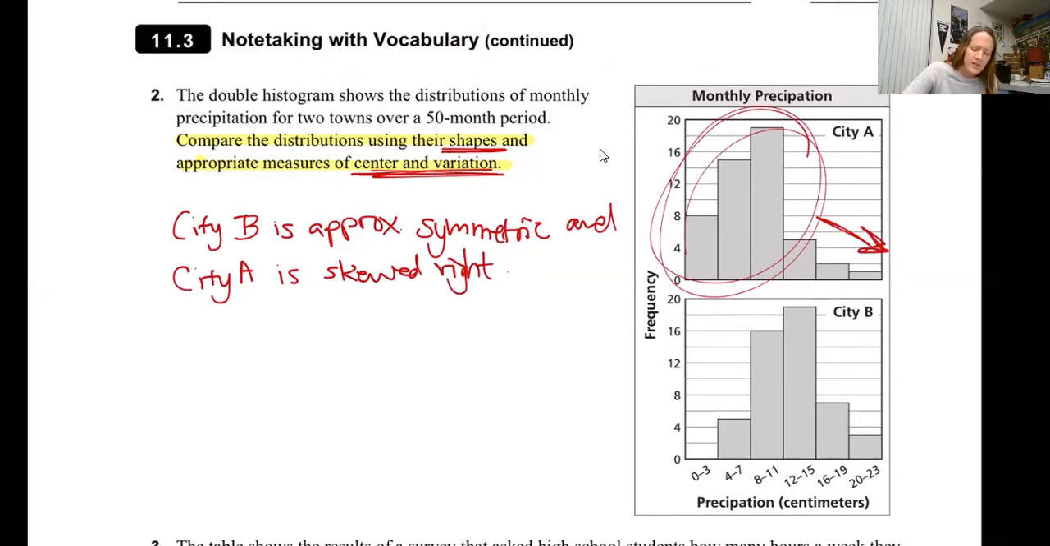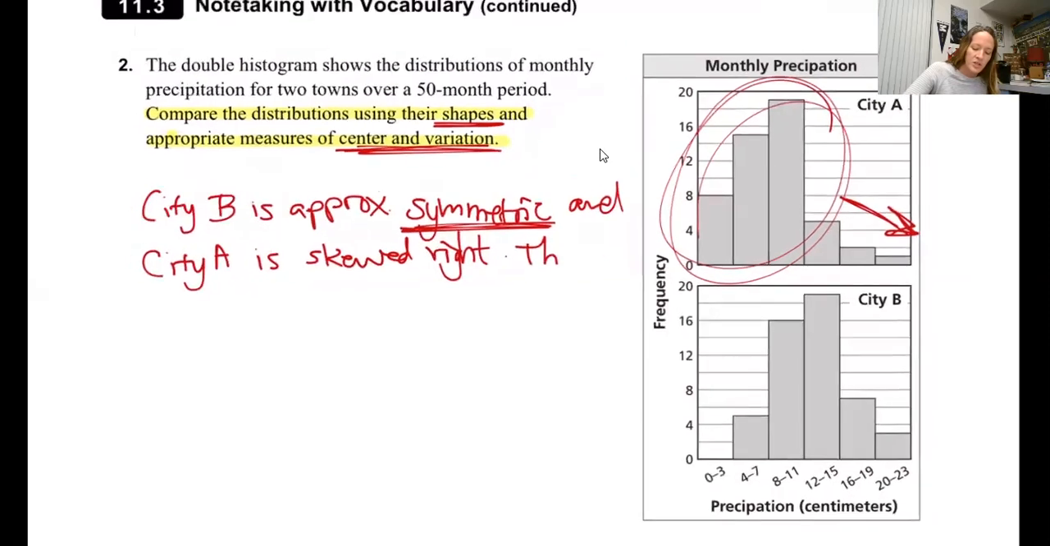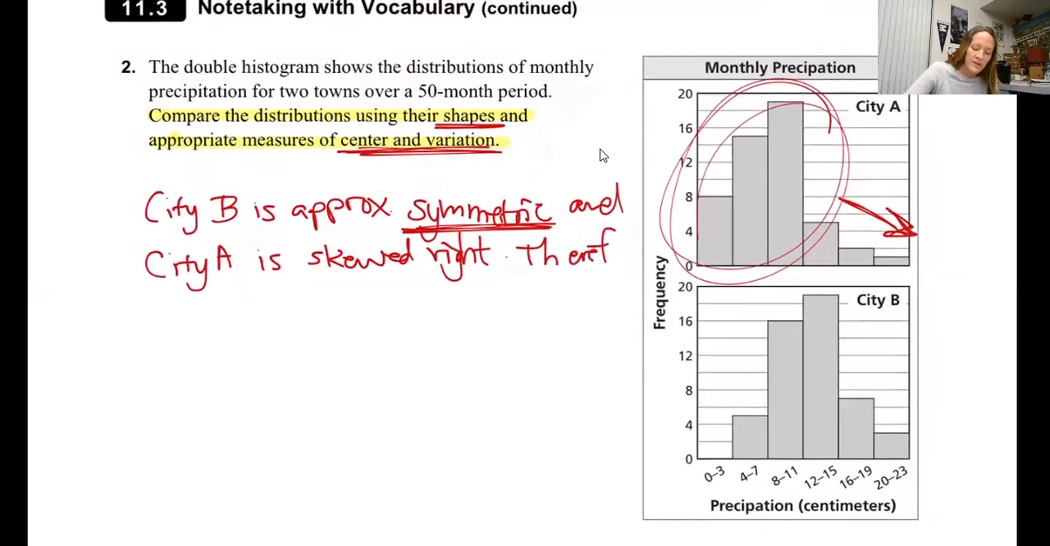I have symmetric and I have skewed right. Okay, hold on. Oh, that's right. Whenever I have anything that's symmetric, I'm going to use the word therefore. That's a good connector word. Therefore, because of the shapes, because of that symmetry, because of the skew that's to the right, therefore, city B,